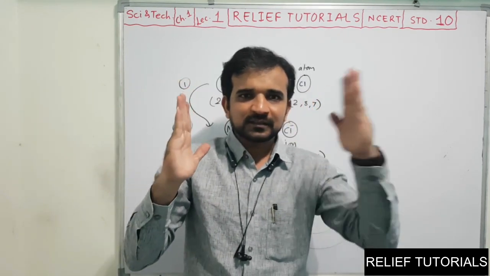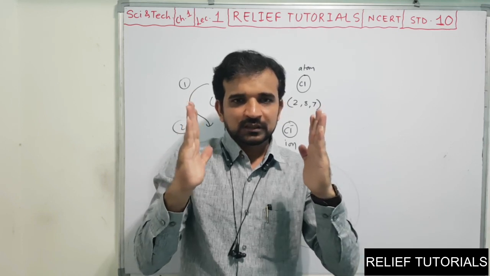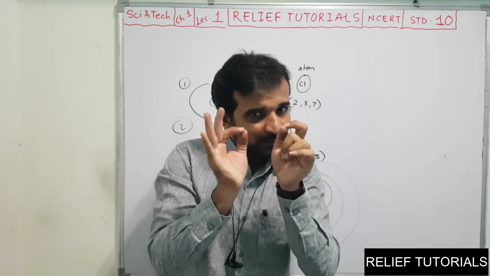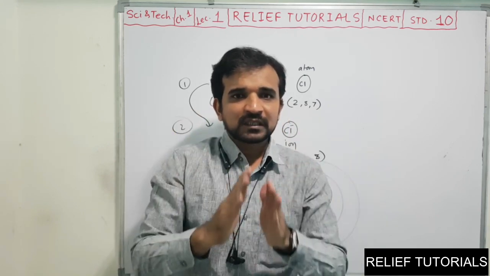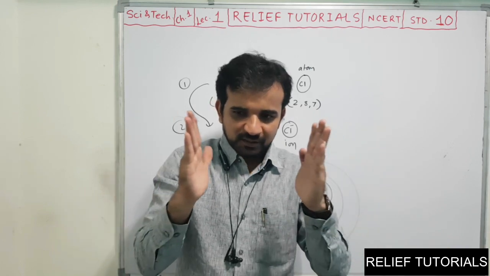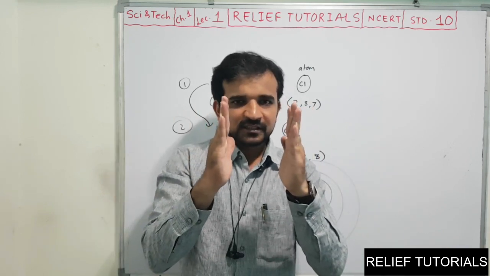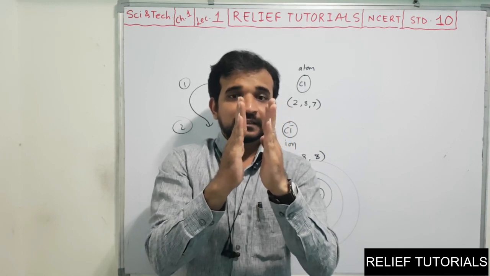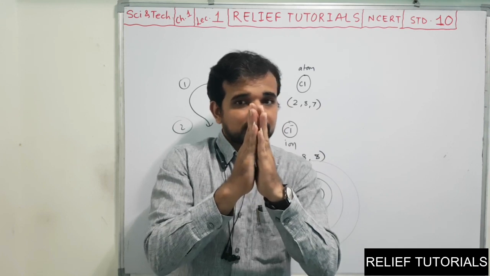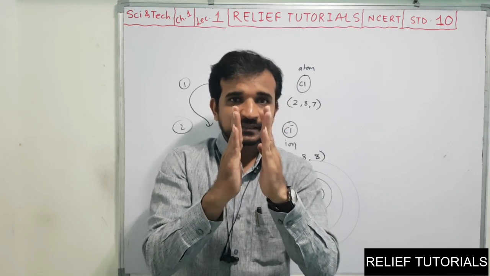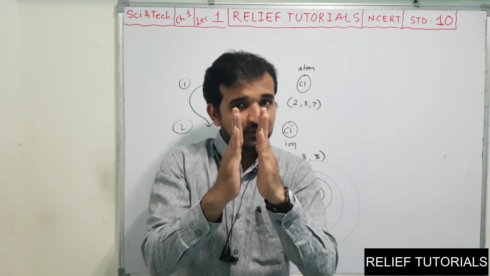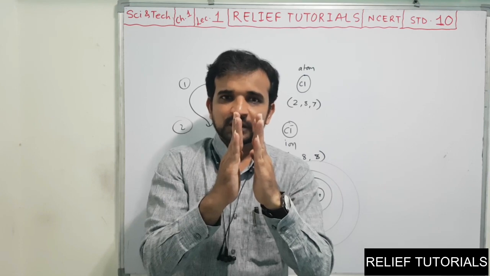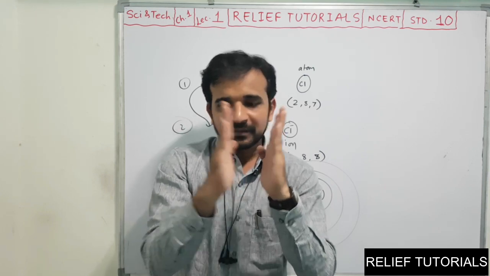So what happens? Na plus and Cl minus come closer. As they come closer, nucleus repulsion comes into action, and at one moment, attraction and repulsion become equal. They come closer, repulsion increases, both become equal, so the system becomes steady. They do not stick, they are still a certain distance away, Na plus and Cl minus. But because now there is no net force of attraction or repulsion, they are neither coming closer nor going away. So this system remains as it is.